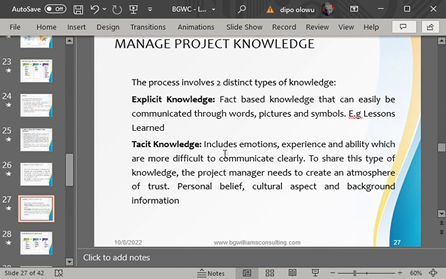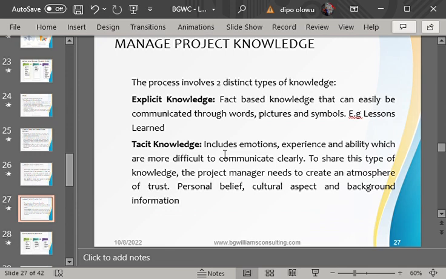Then tacit knowledge becomes the knowledge that maybe the team member finds it difficult to share. He finds it difficult to communicate it. He finds it difficult to clearly express himself. Maybe because of his emotions. Oh, maybe because of his past experience. Or maybe because of his belief, his personal belief, or the background he came from, he's the type that doesn't like talking. Then when he needs to express himself, it's not clear. It becomes very ambiguous.